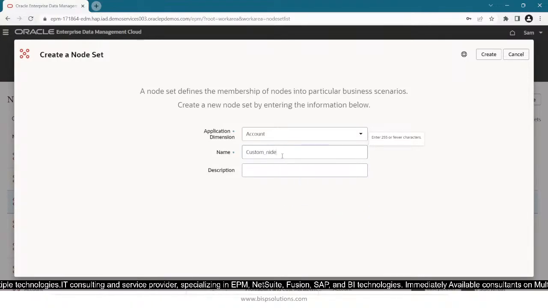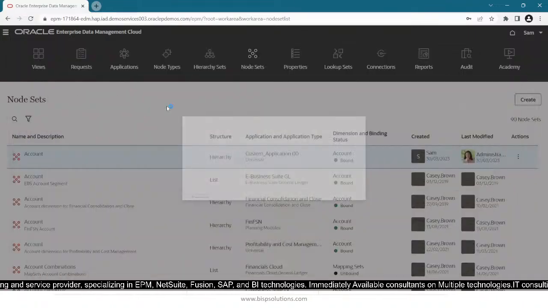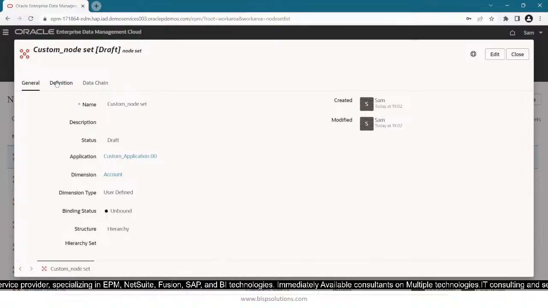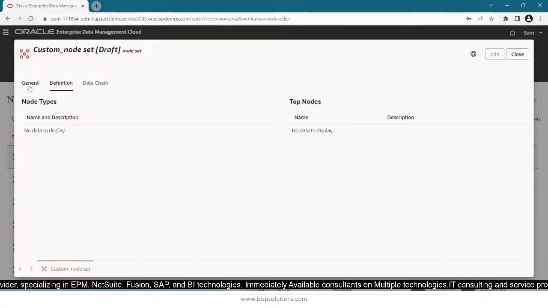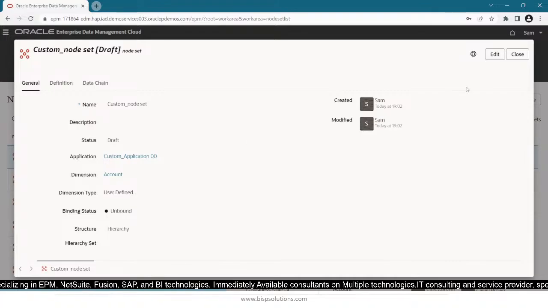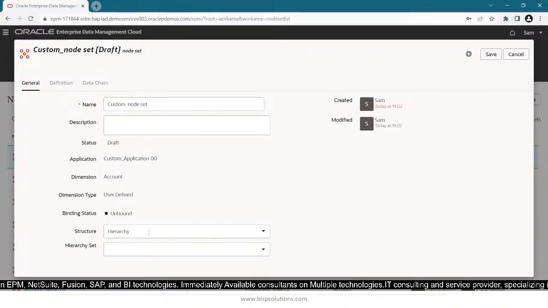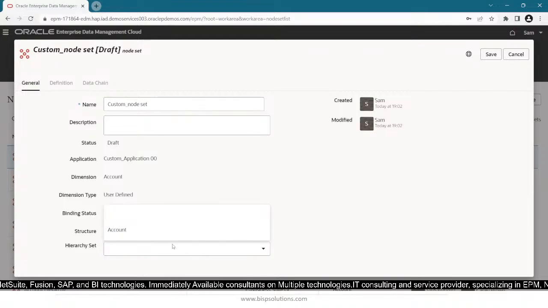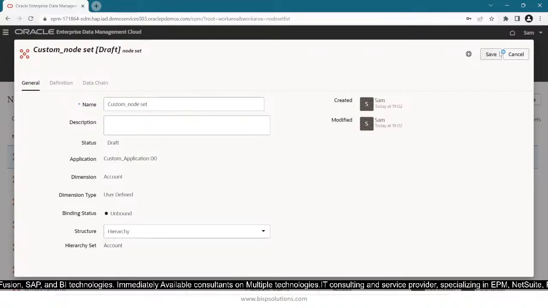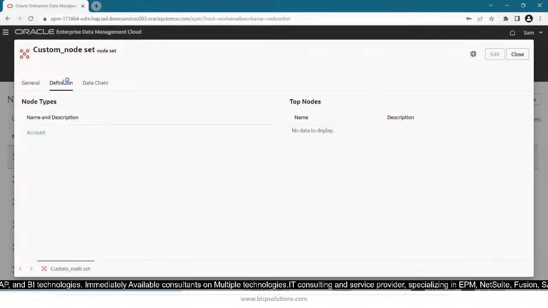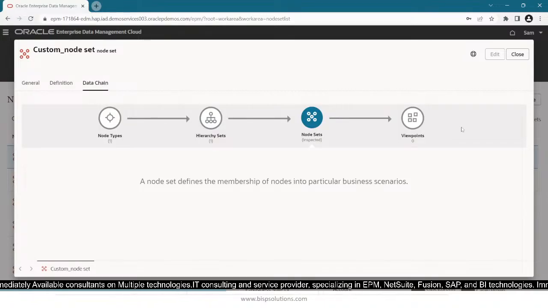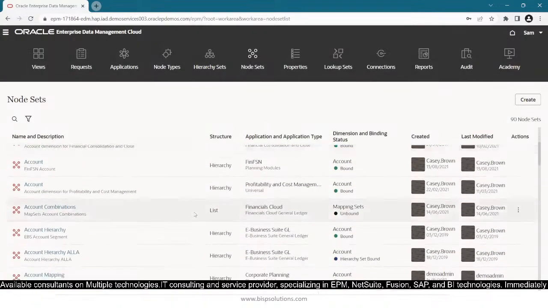And custom node set, create, go to definition. You have to define the hierarchy set here, that is account, save it. Go to definition. So you can see that the node set is now coming here. Okay,